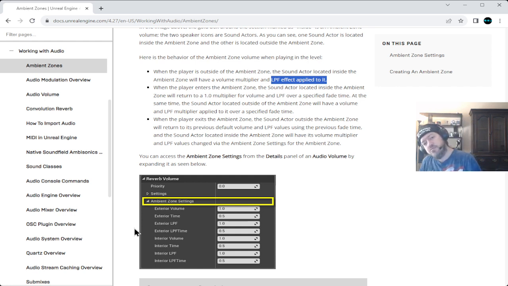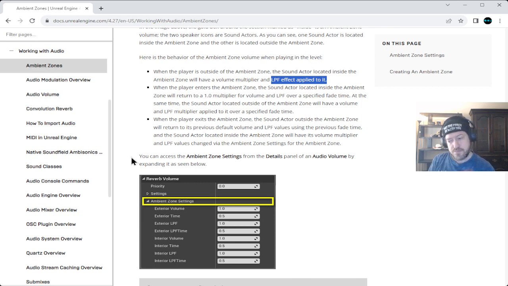And then maybe added an echo effect on sound, depending on the game, like Super Mario World, when you go into the caverns. But that's not the same as the ambient zone they're talking about here.